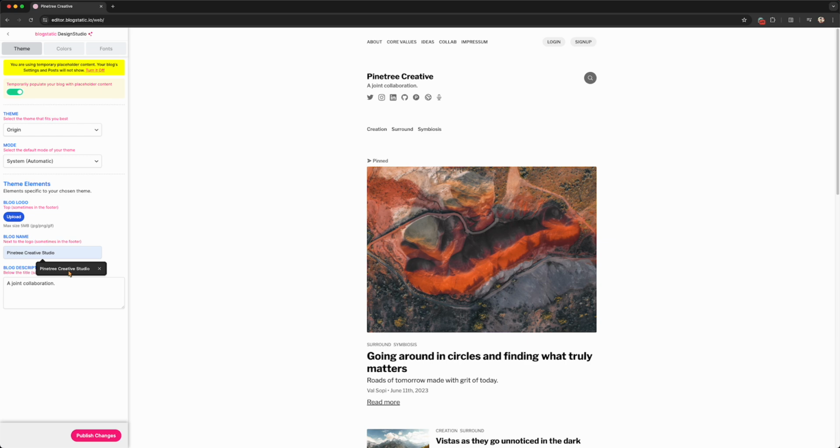So let's say Pine Tree Creative Studio. And as you can see, the changes are reflected right away on your blog. Now, everything is still in the settings area. You don't see it on your published website, meaning that you would have to click the Publish Changes button for